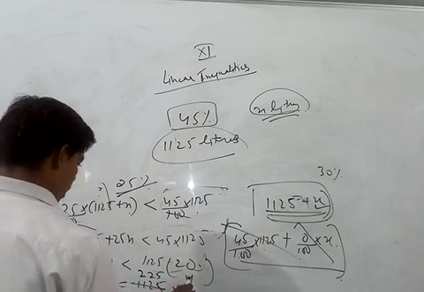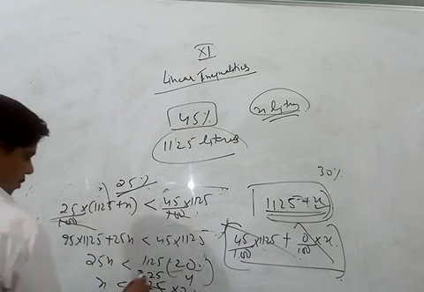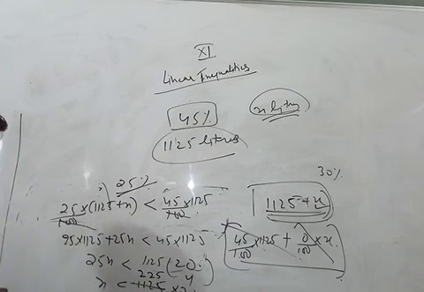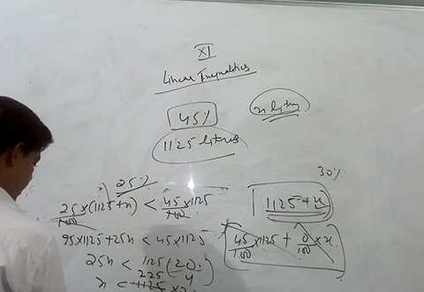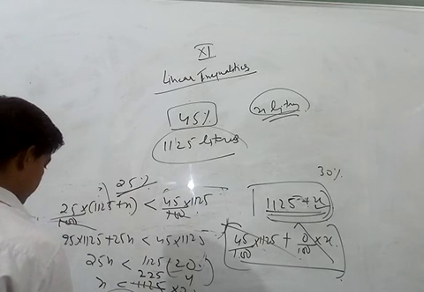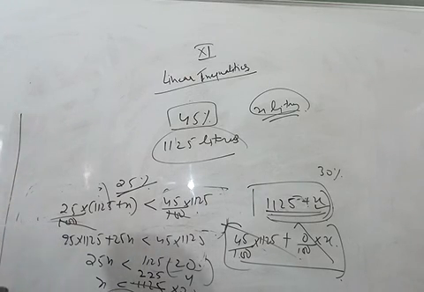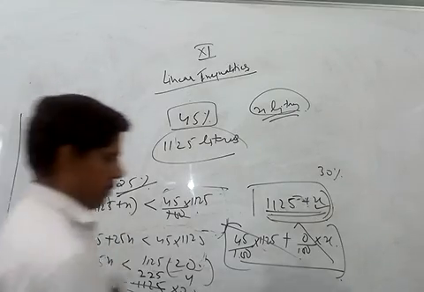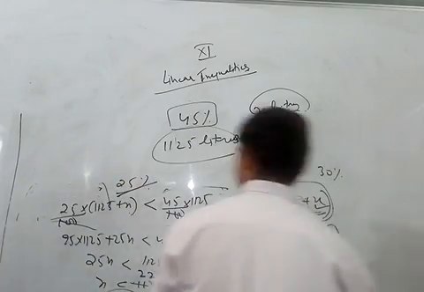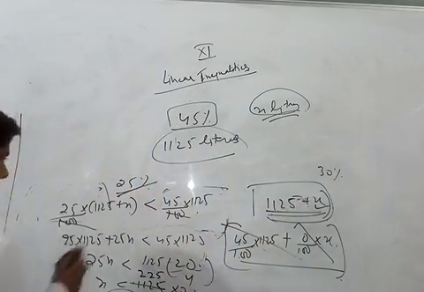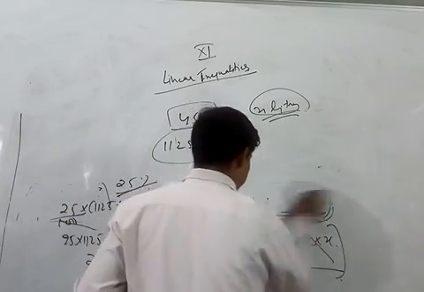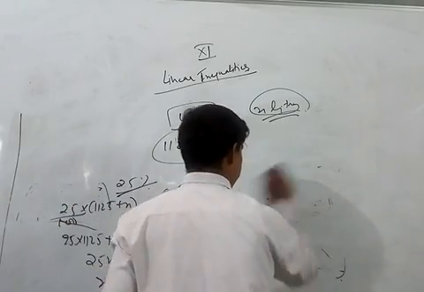So we are getting what? 225 into 4. 225 into 4 is 450, that is 900. So x is less than 900 liters. 900 liters से less water add करेंगे आप, then only it will be greater than 25%. And then the second condition here is less than 30%.